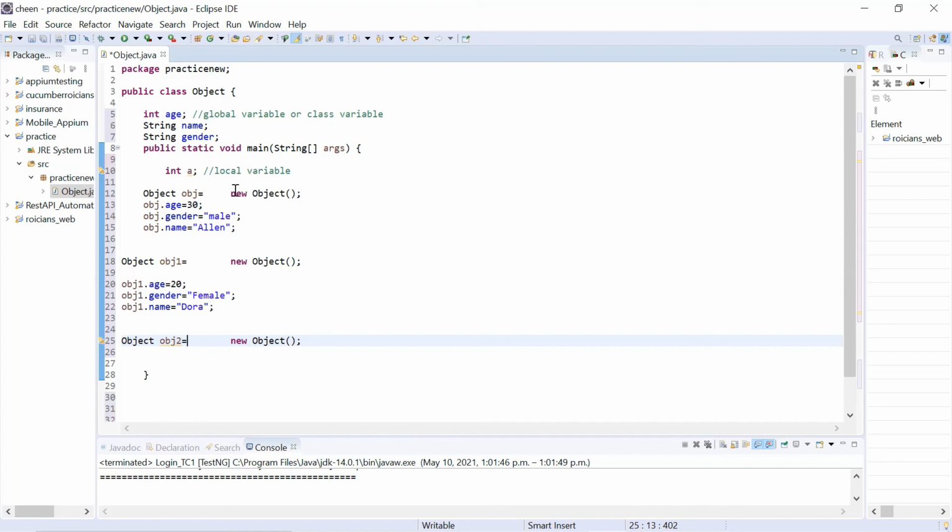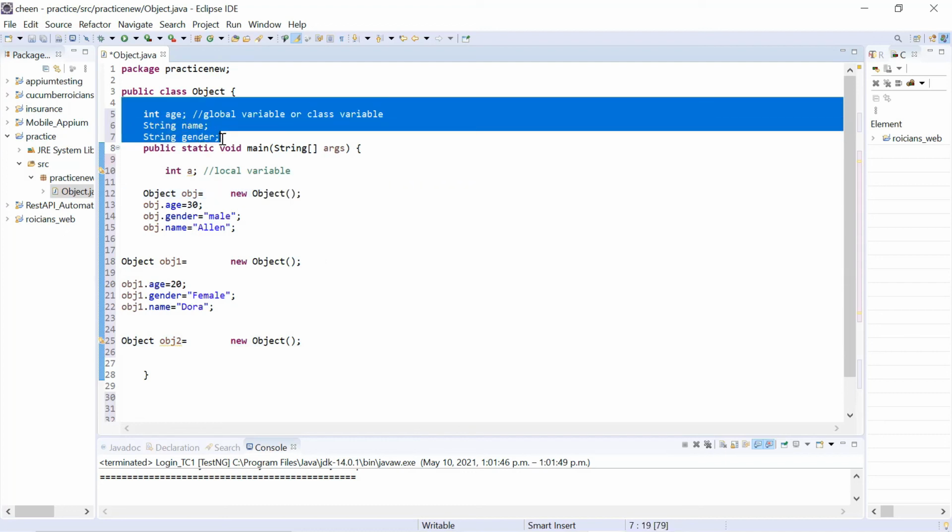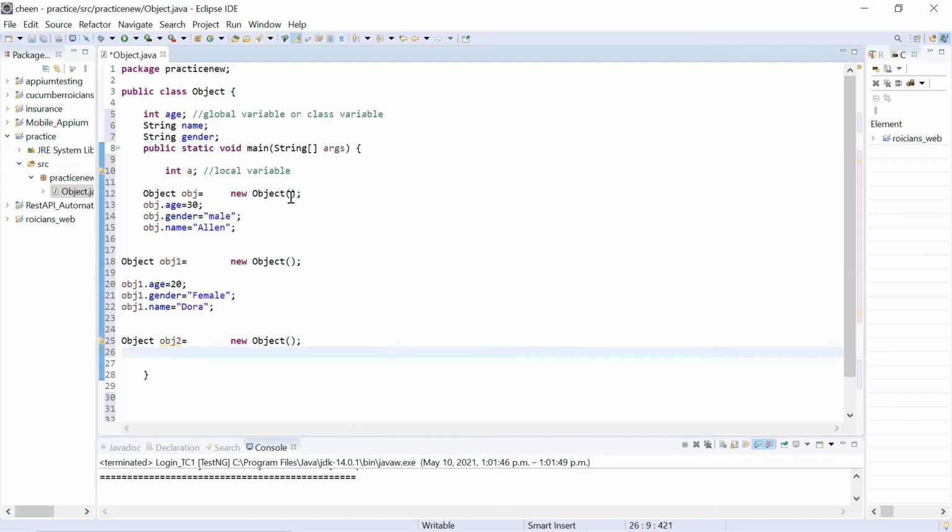So how to create an object? You need to write the new keyword and then the name of your class, whatever class name you have given here. The object will be created with the global variables or methods. If you want to access this memory area or object, we have to create a reference for it.